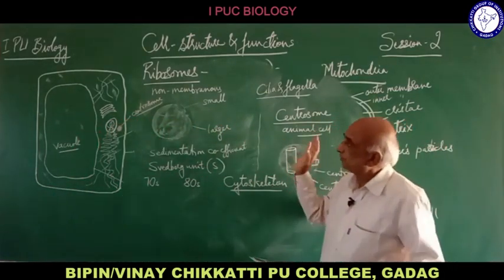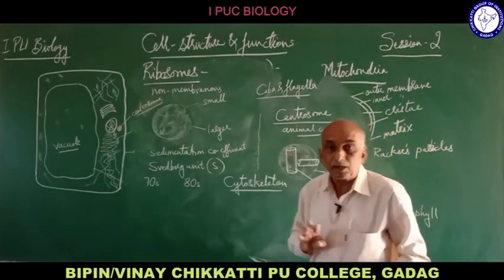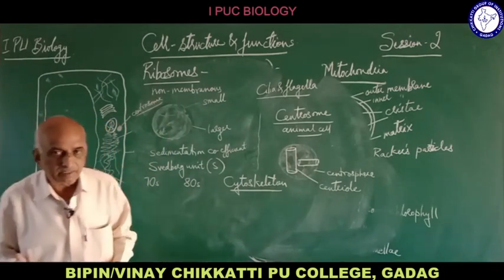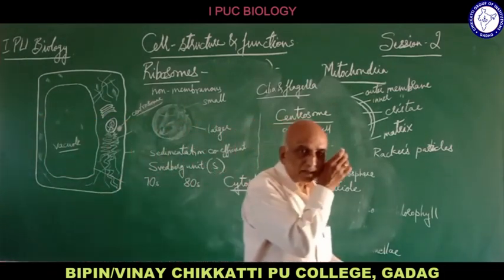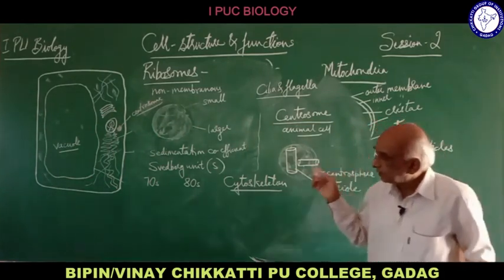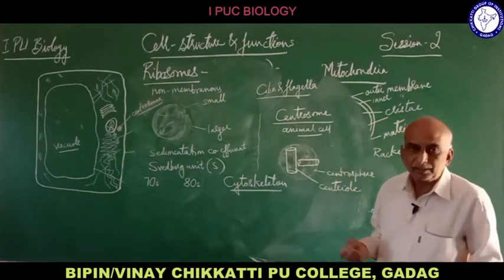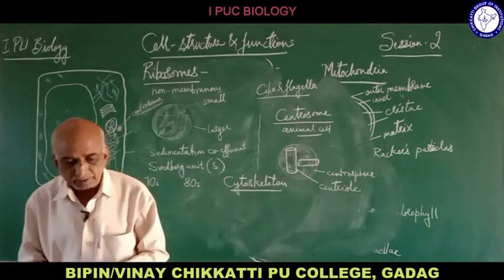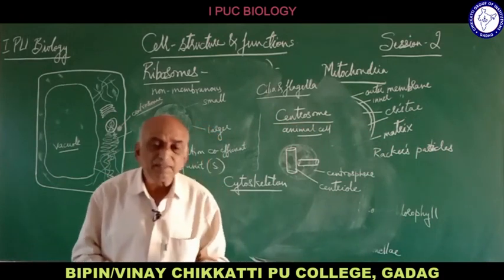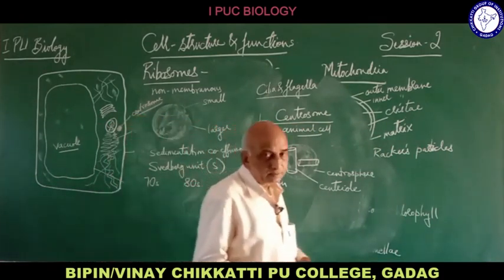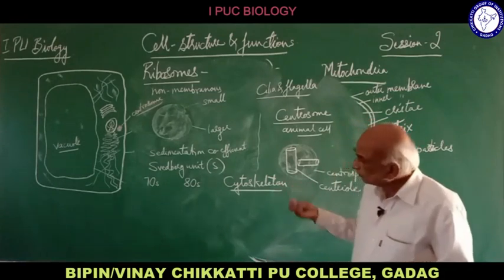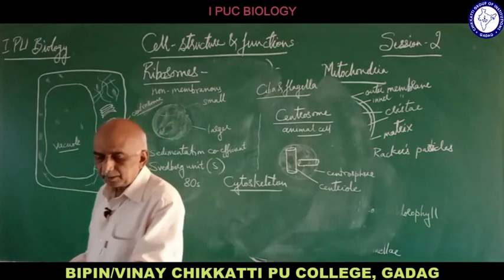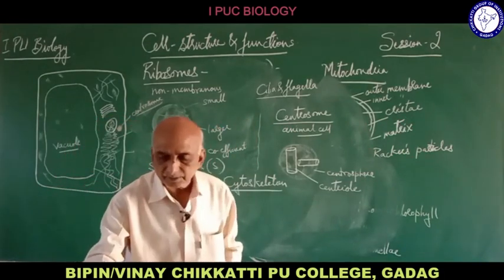In this we should remember ribosomes and centrosomes are the non-membranous ones. The remaining ones we have studied, like Golgi, the endoplasmic reticulum, the lysosomes, mitochondria, the plastids, are all membranous structures. And one more important organelle is the nucleus and the chromosomes which are present in the cell, which we will take in the next part of this chapter.